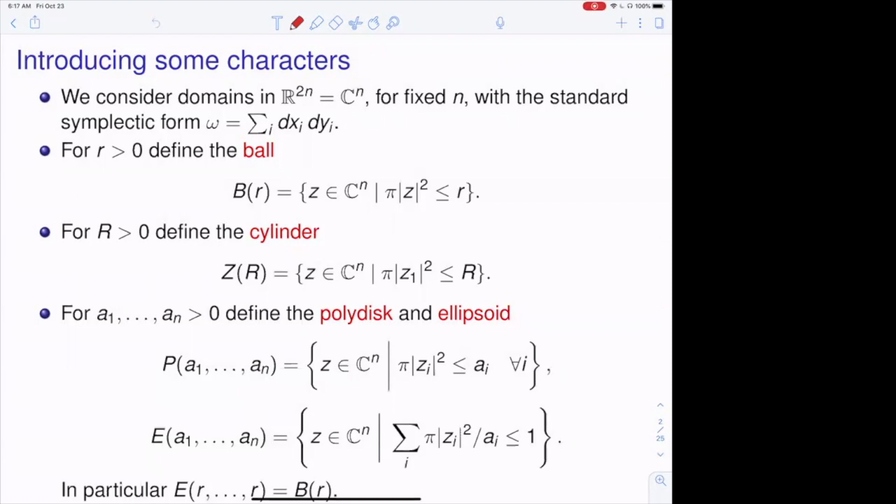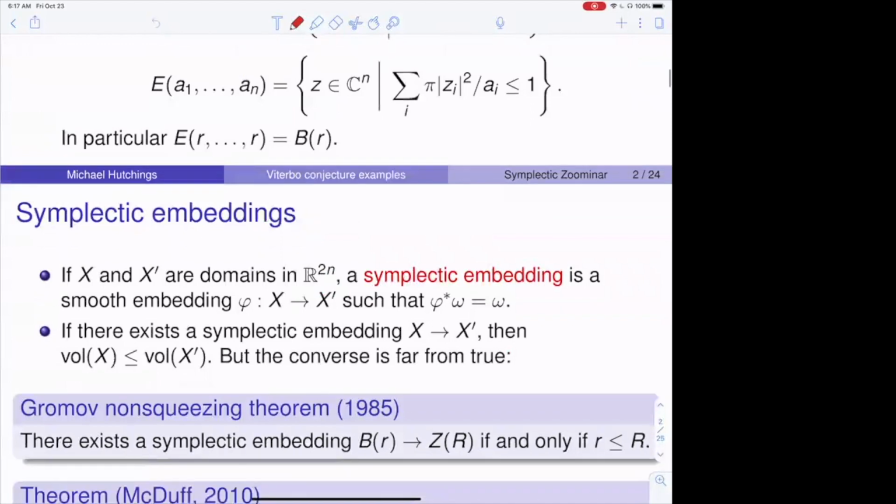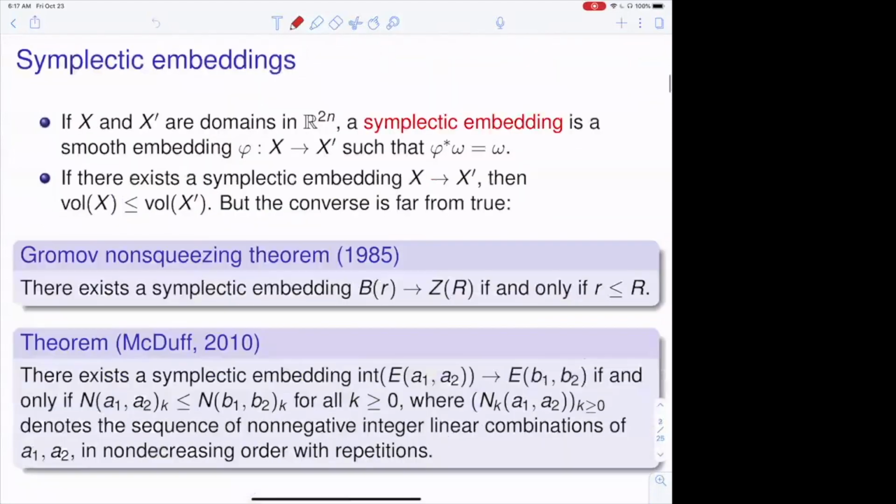So people ask various questions about when you can symplectically embed one of these things into another, and other examples too. So just to recall, if you have two different domains, X and X prime, a symplectic embedding from X to X prime